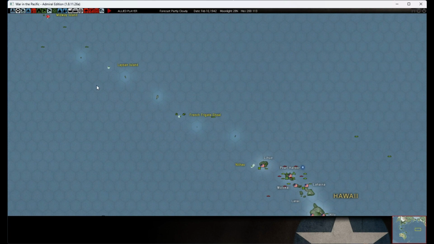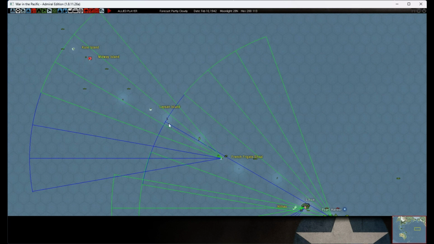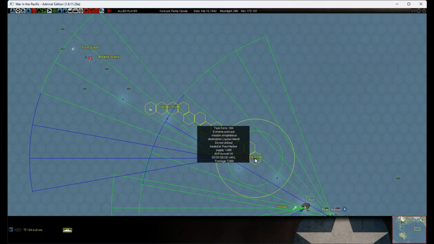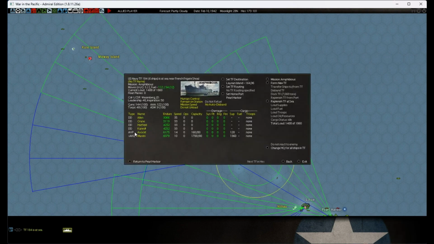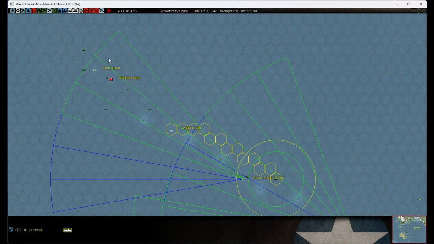Okay, I wanted to jump over here. So far we've had PBYs flying from French Frigate Shoal, and you can see here it barely reaches Midway. Now I've decided I'm going to leapfrog and drop a seaplane support ship on Lisianski Island and bring these PBYs forward and really get a good look at what's going on over Midway. I don't know if that's a smart idea or not, but one of the reasons I want to do that is